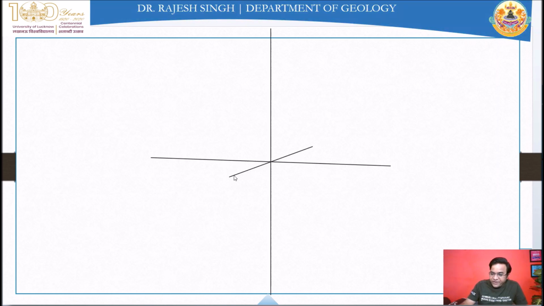This one is the A1 axis. This is the A2 axis. This one is the A3 axis. And this is the positive end. This is positive, this is positive. This one is the negative end. This is negative, and this is negative. Now I am going to rename the endpoints. There are two procedures to transfer the axes of the isometric system to the axes of the hexagonal system for clinographic projection purposes.